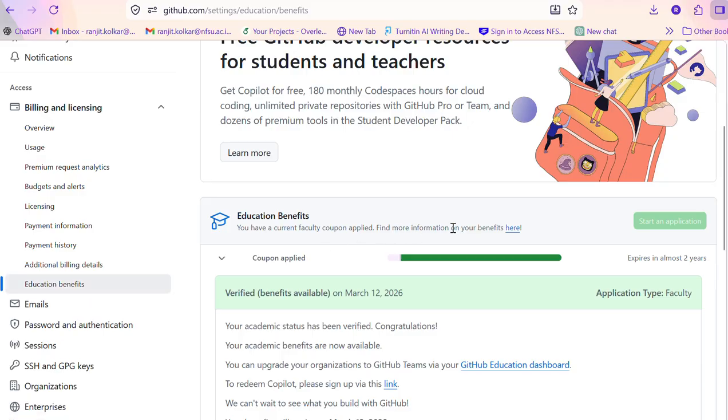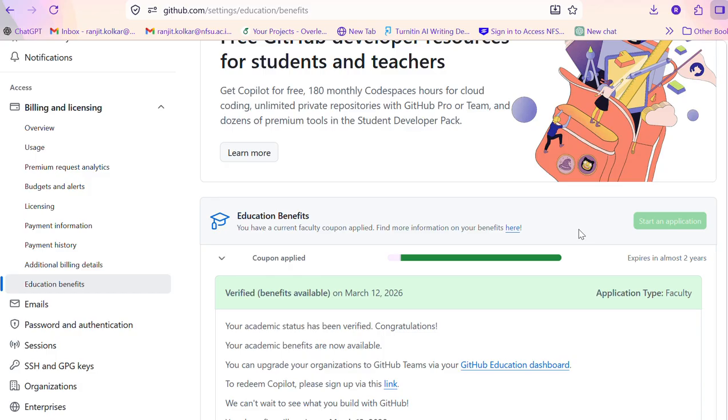For this educational benefits, first you have to start an application. There are some simple steps to follow where you will be sharing the location of your university. So this is for educational benefits. You have to be a student of a university or the faculty of a university to get the benefits of it. And not everybody gets the benefits. So it's a trial and error basis. Maybe GitHub Copilot is trying and rolling out this kind of benefits. So if you're lucky, you'll get